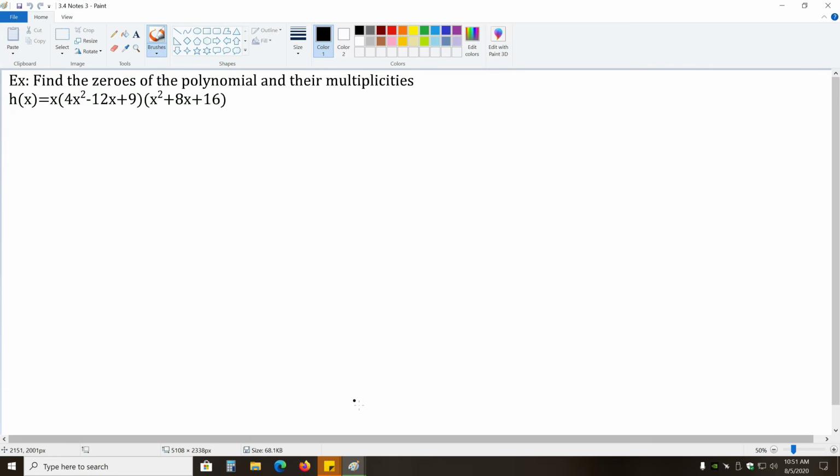Okay, so continuing on from here, we have the following example. We want to find the zeros of the polynomial and their multiplicities. Given h of x equals x times 4x squared minus 12x plus 9 times x squared plus 8x plus 16. So the first thing that we have to do to find our zeros is to get this completely factored. Once it's completely factored, we will know what to set equal to 0 and what multiplicities each value has based